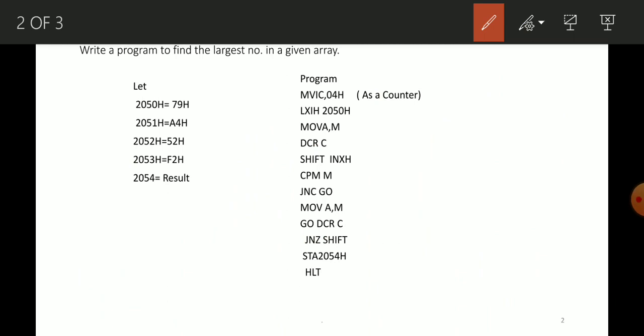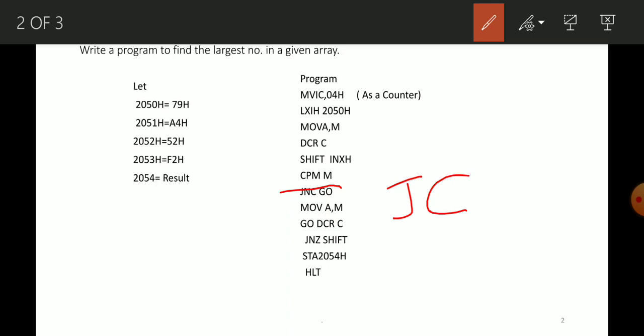Now if you want to write a program to find the smallest number in a given array, you have to change only one instruction. Here, instead of JNC we have to write JC and the whole program remains the same.